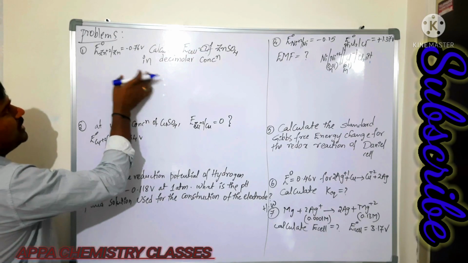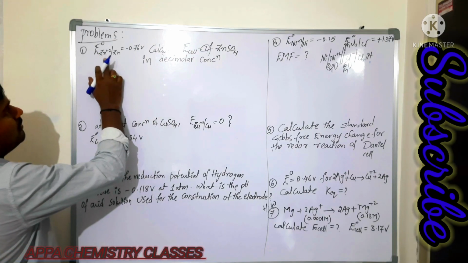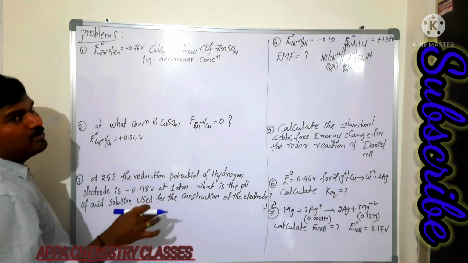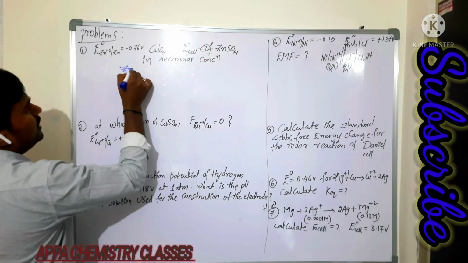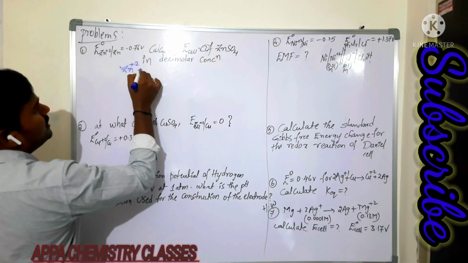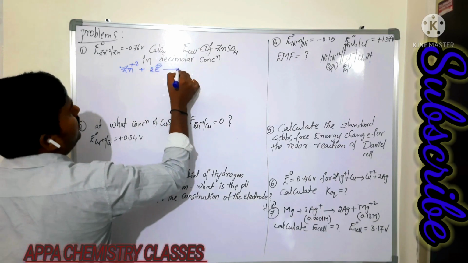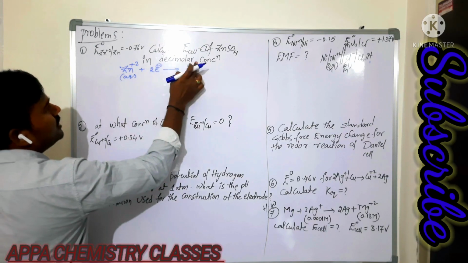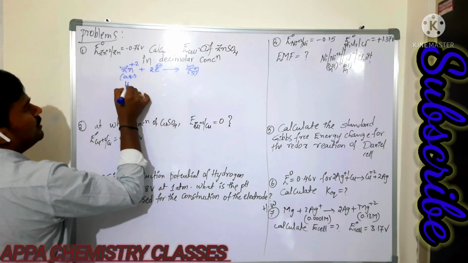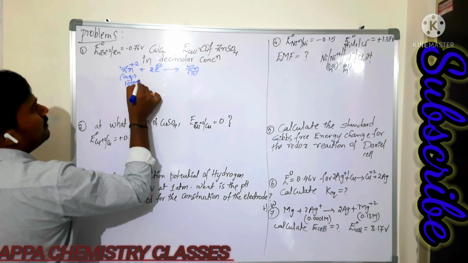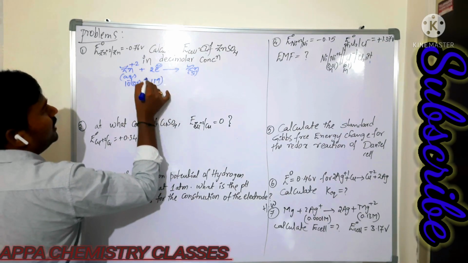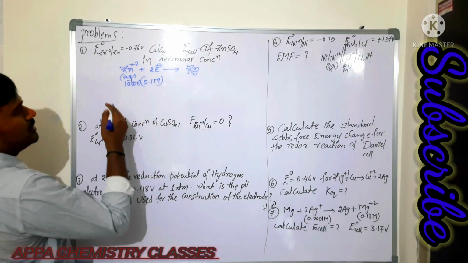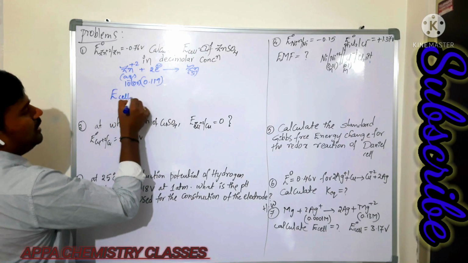Now the first problem we will see. They have given the standard reduction potential of zinc ion, and they are asking to calculate E cell of zinc sulfate in decimolar concentration. So that zinc is undergoing reduction, that is the reduction potential they have given. By gaining 2 electrons we are getting zinc solid. This is aqueous. So what is the zinc sulfate concentration? Decimolar. Deci in the sense 10 power minus 1 or 0.1 molar. Deci in the sense 1 by 10 is called deci. Now this is decimolar concentration. For this E cell EMF, what happens?